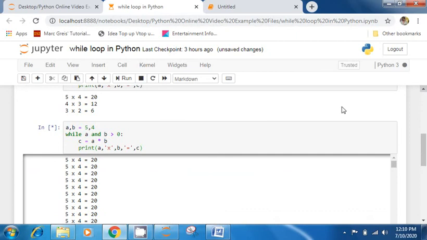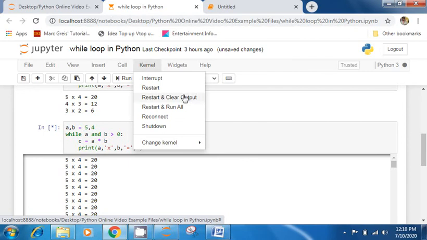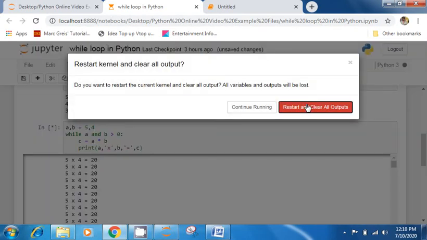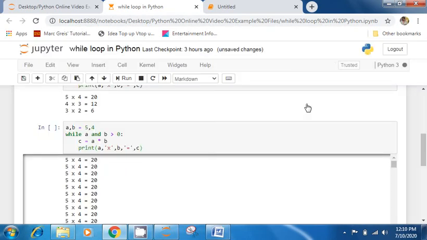This is the problem with while loop, and this has created an infinite loop, and it will terminate by using Control plus C. And it depends on the compiler you are working on. I am working in Jupyter. I will go to this kernel and I will restart and clear this output to avoid this situation. It will take a moment.